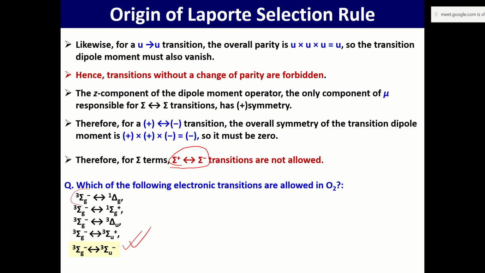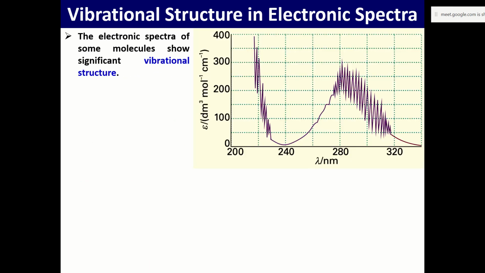Why is it not allowed? You can see either spin angular momentum or orbital angular momentum is not being conserved. And so just like we were seeing in this vibrational